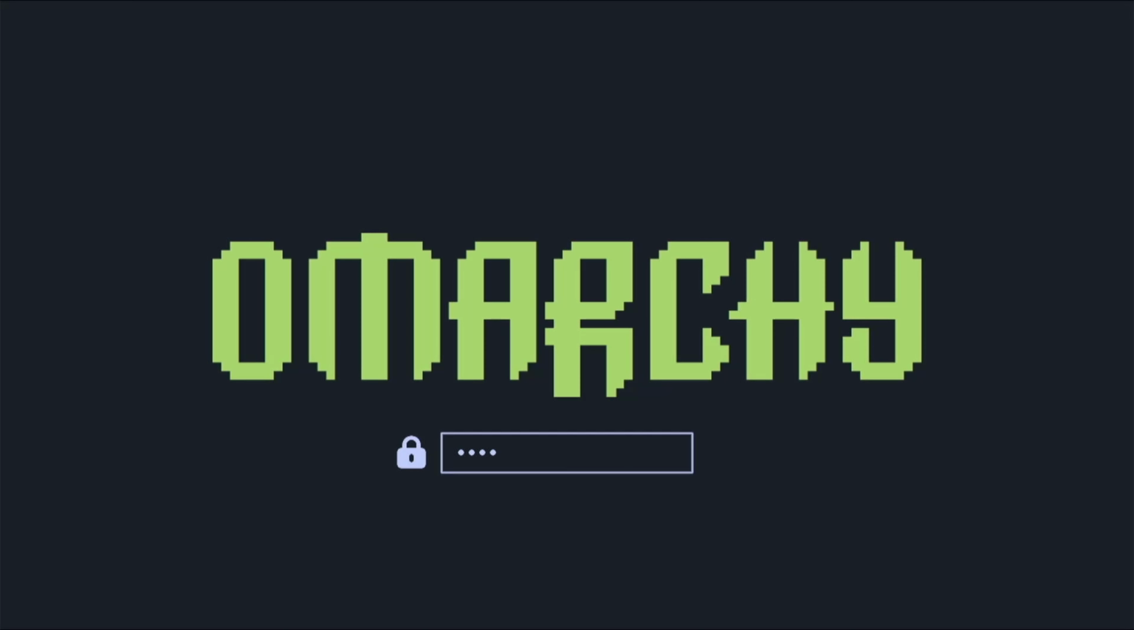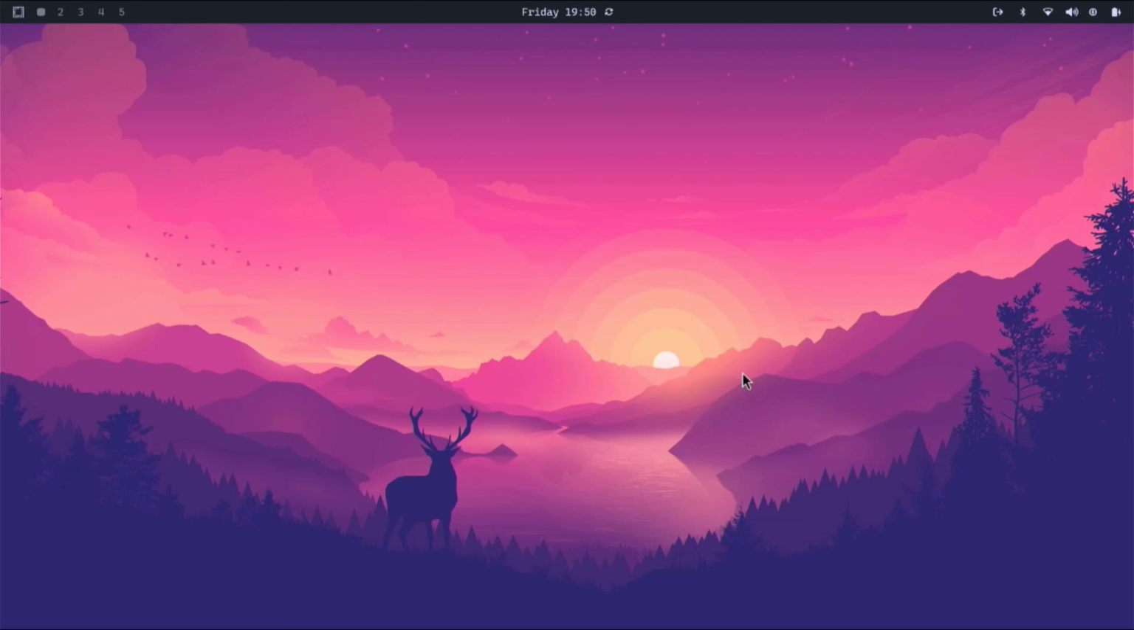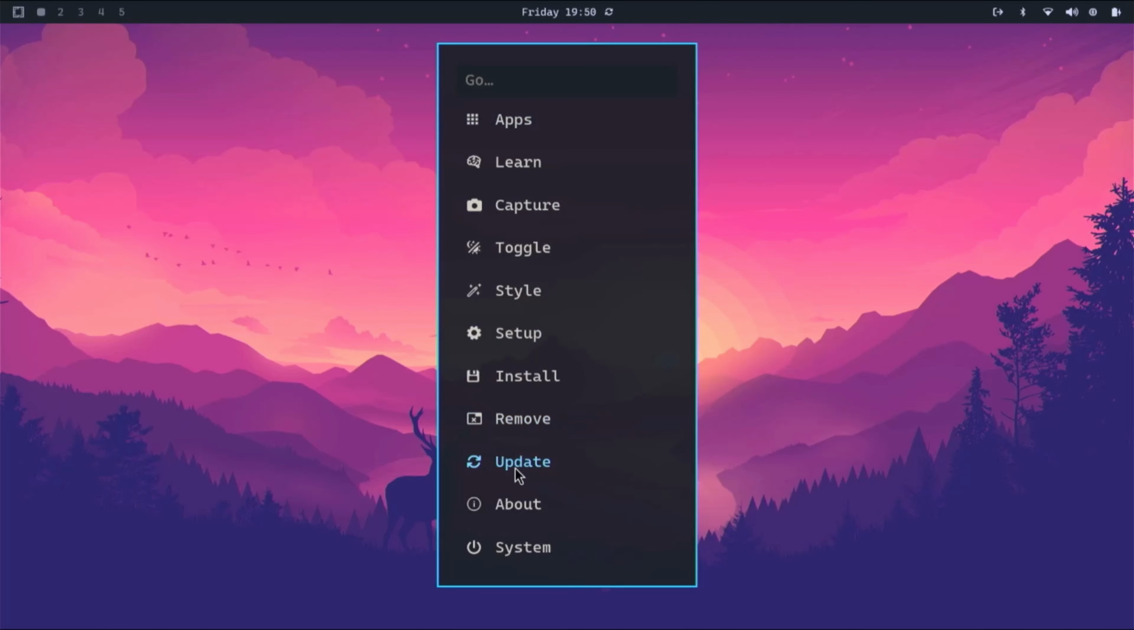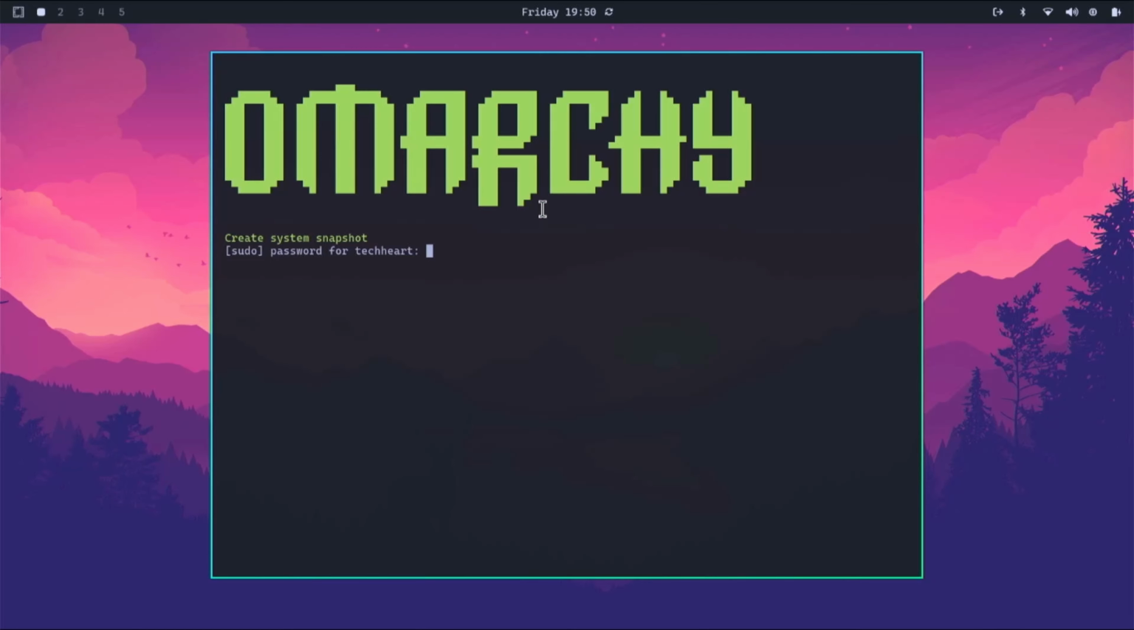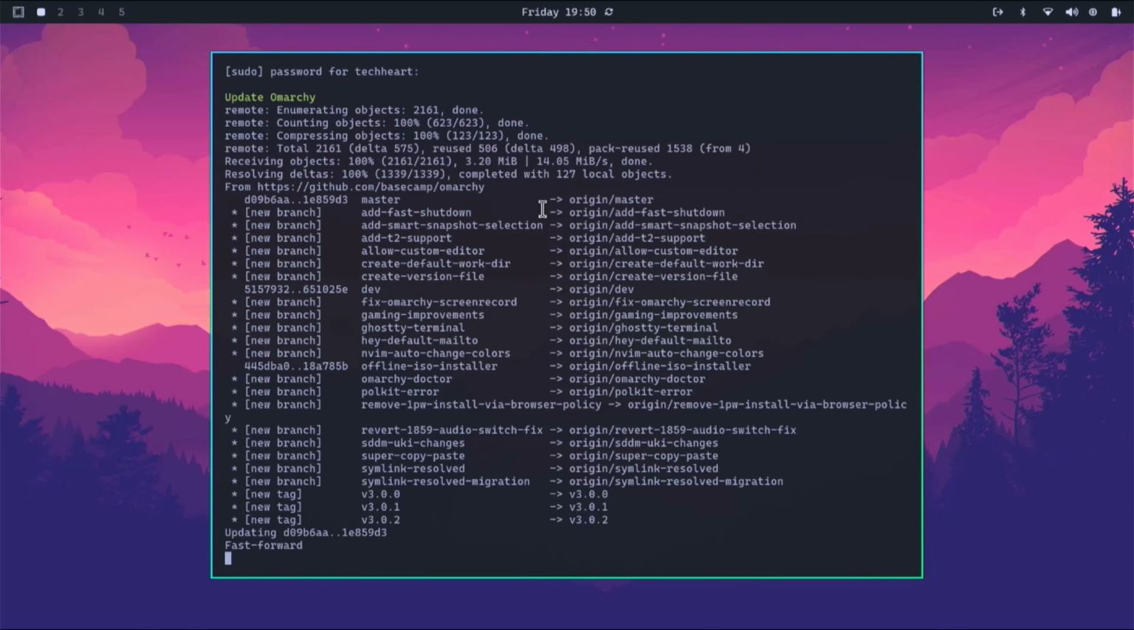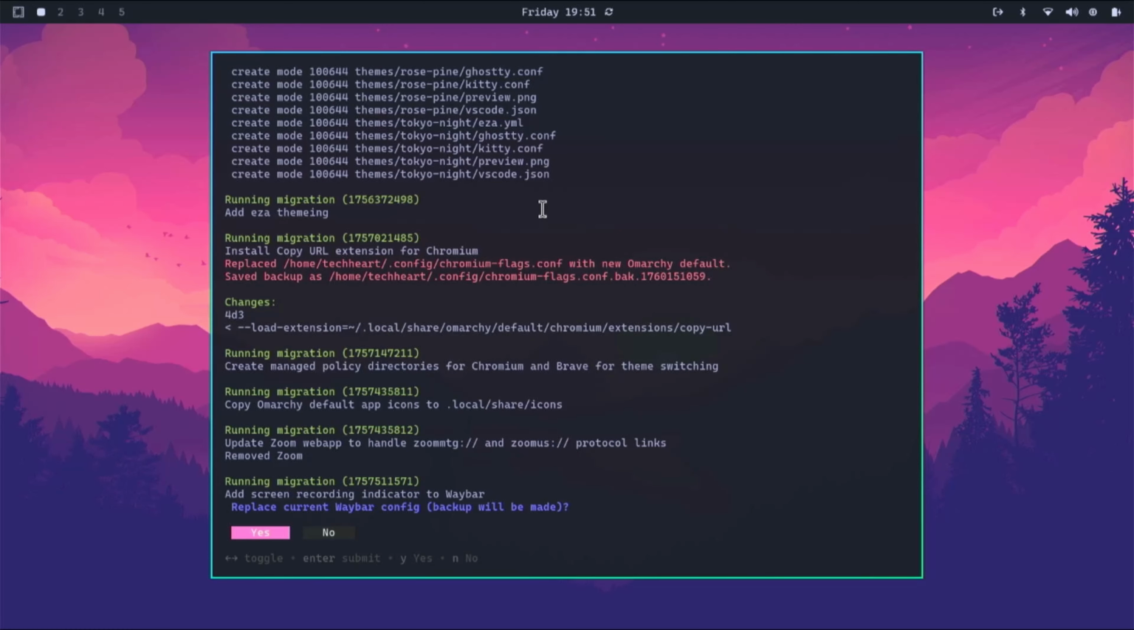Okay, we'll get logged in. And yeah, here we are on Omarchy 2.0. Right up here, we see a little update that tells us there's an Omarchy update available. Also, if we go to the Omarchy menu, we could go to Update, and we could go to Omarchy, and if we give it a password, it will tell us that there's an Omarchy update available. But I'm going to say no,